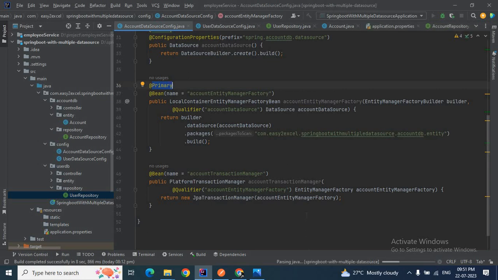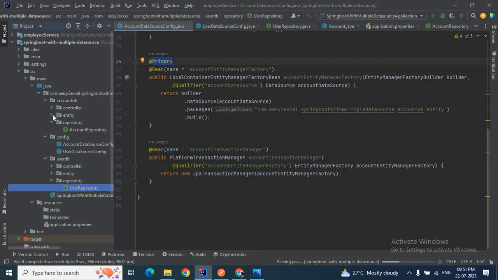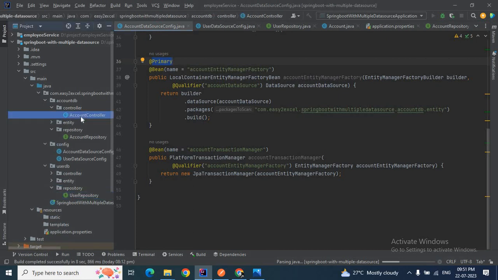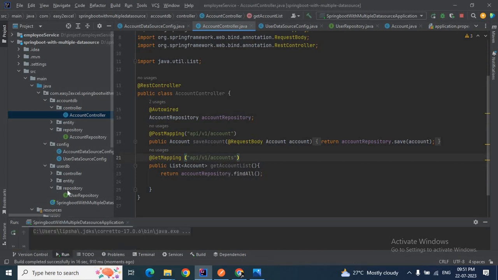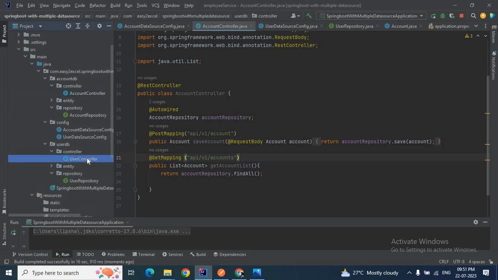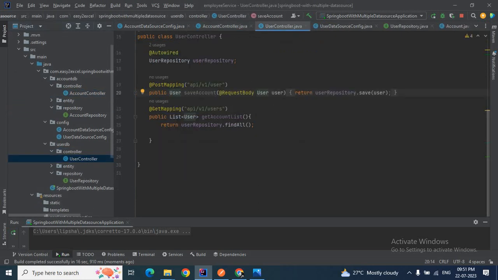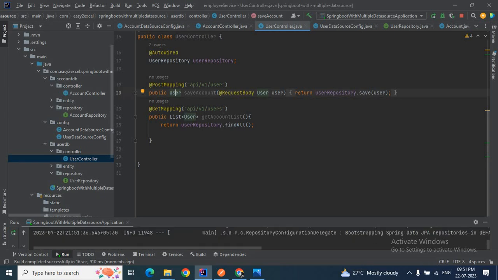Clear? Let me quickly run this application to check whether it is running or not. Meanwhile, let me show you another thing, the controller. I have created two controllers: an account controller to save the account details and to fetch the account list. Similarly, I have a user controller also.